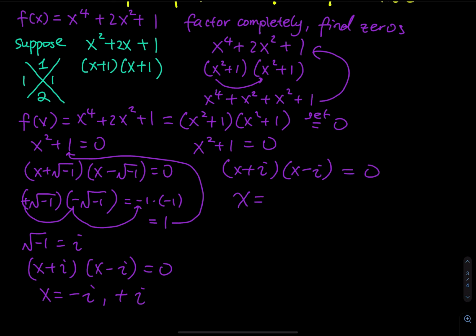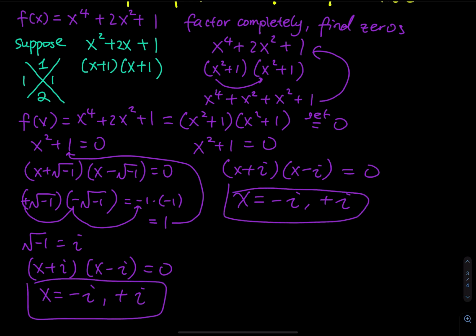So you have x equals -i and then a positive i. So these two solutions and these two solutions. And then as you can see, i is a repeated root. -i is also a repeated root. So these factors, so f of x equals x to the fourth plus 2x squared plus 1